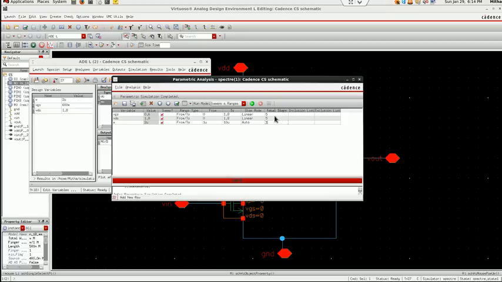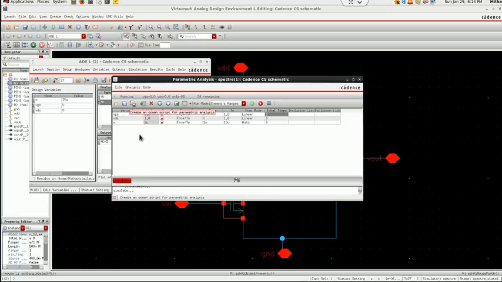For this I'll give 3 now only, because otherwise it will take a lot of time. I'll just run it. So you can see I can add any number of variables here and see the effect of all of these at one time on my transistor or on my circuit. So it's very helpful in optimization of circuits whenever you are doing your design.